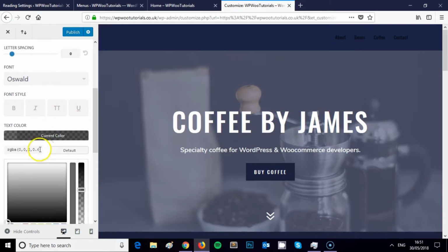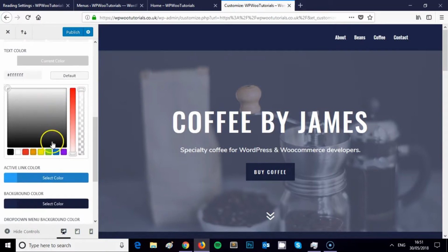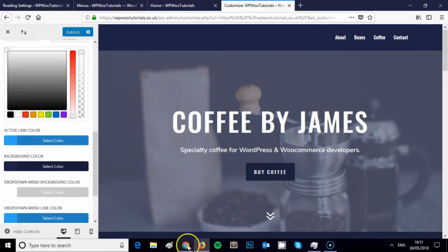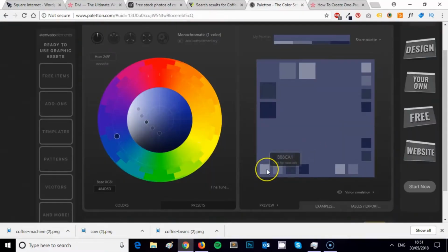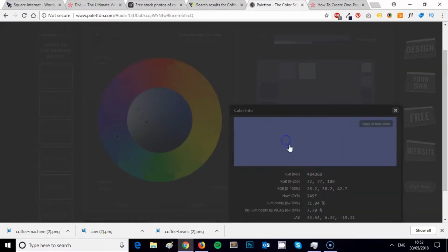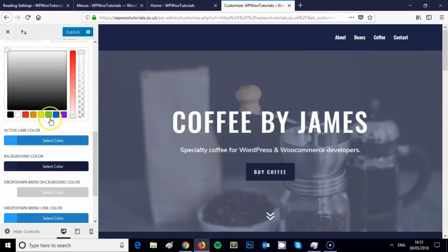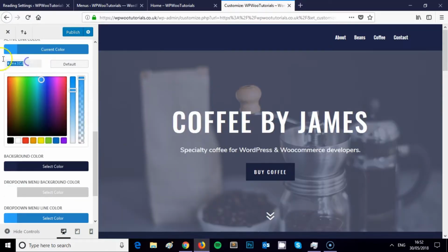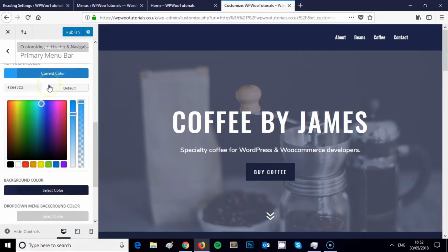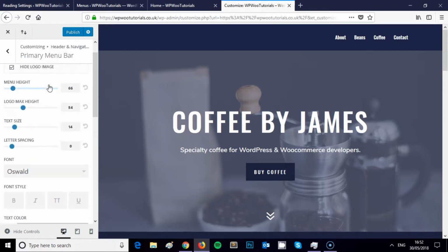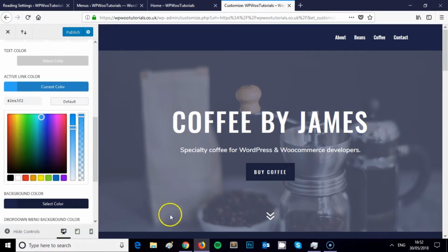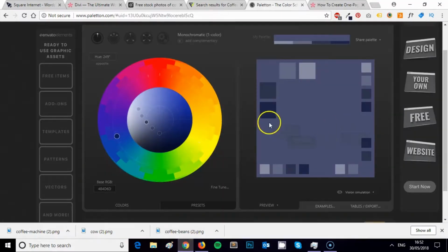Let's change text color to white, and active link color, let's make it this shade. No, actually I want that to be the hover color. Why can I do that? Let me just change the active link color first of all to